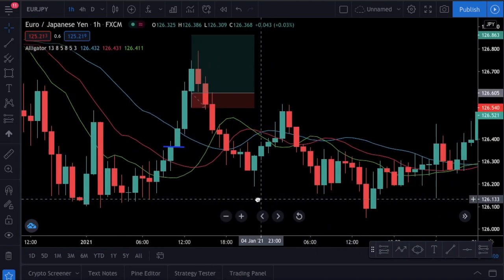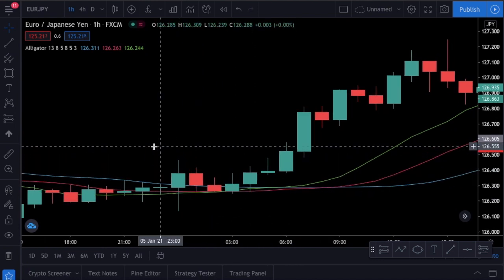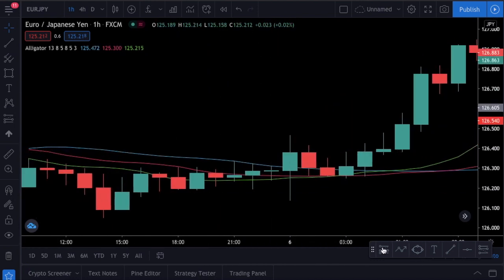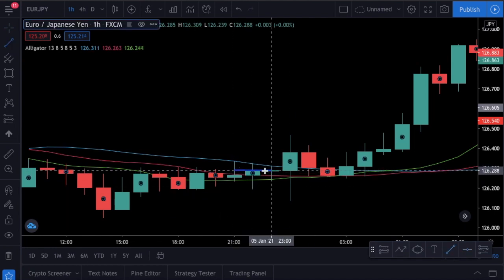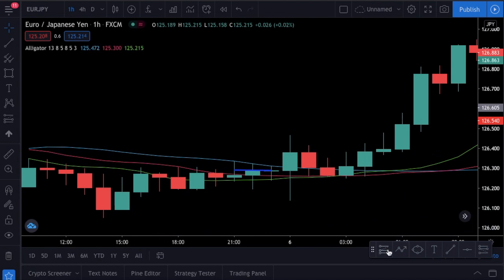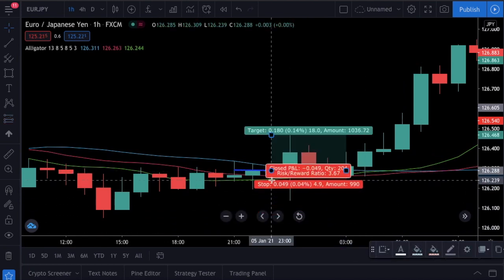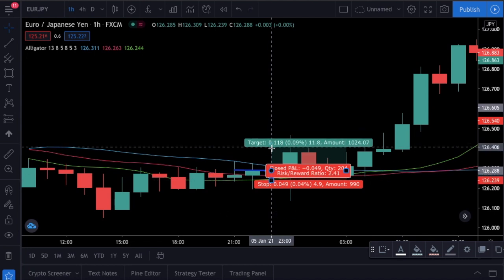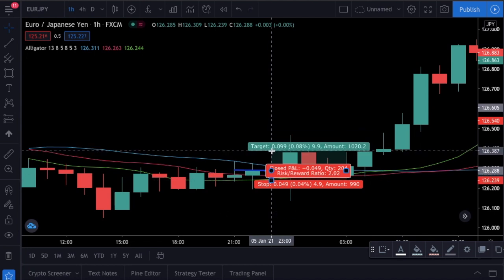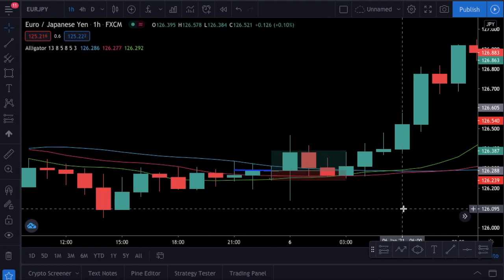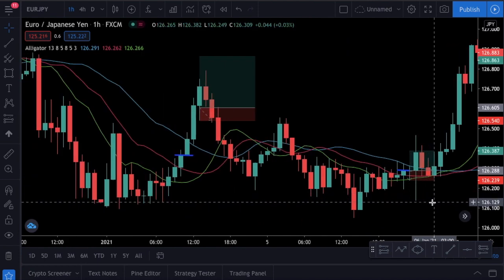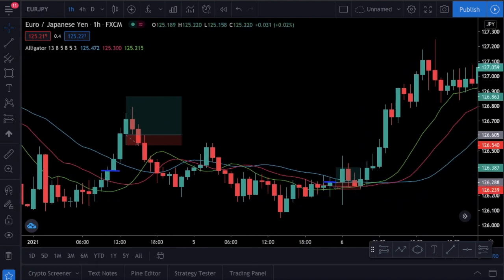Let's check for another entry. Here you can see another example. The green line is at the bottom, and this candle here closes above the red line. So it is a long entry signal. However, our stop loss will be so close to our entry in this trade, so it is a riskier trade and we lost it. Just like I told you, no strategy can be profitable all the time. But with nice money management, you can still profit from strategies even if they work half of the time, since our risk-reward ratio is always higher than 1.